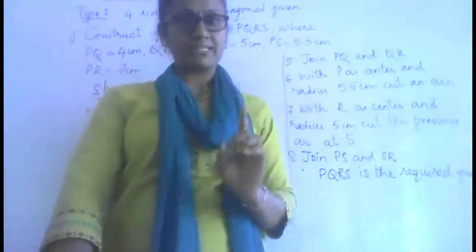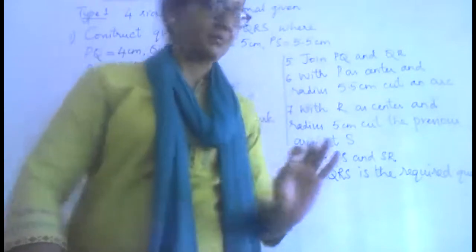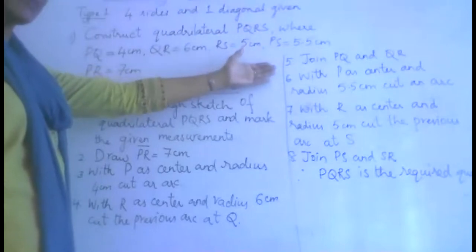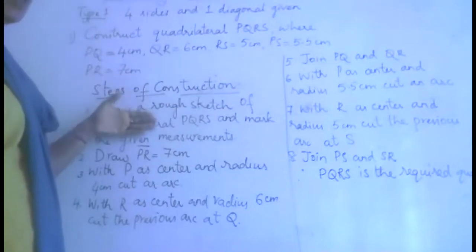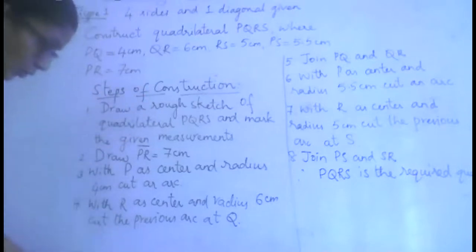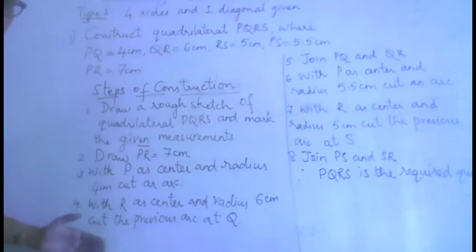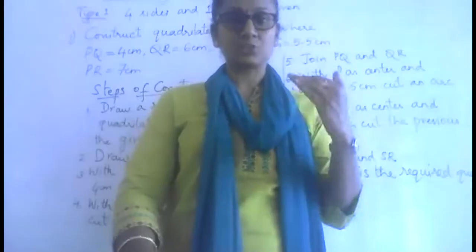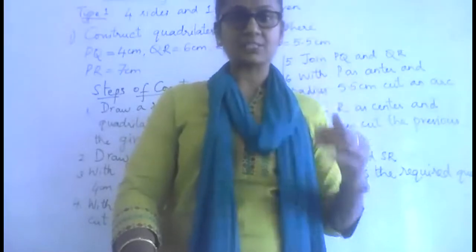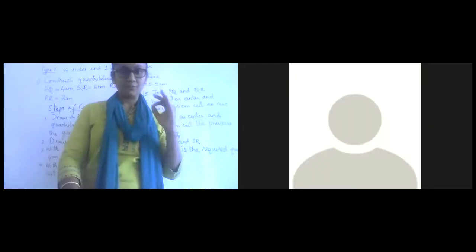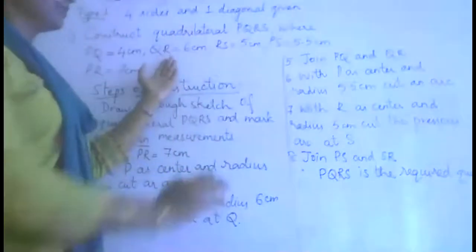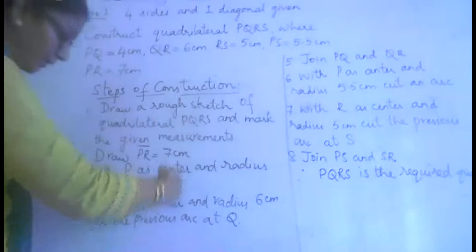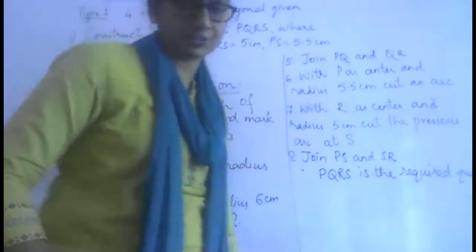This is what I will be expecting from you for every construction that you do. First the question should be written clearly. On the right hand side, you will draw the rough sketch. Then complete the construction in the center of the page. And after the construction, below it, you will start writing the steps of construction. This is a common set of instructions I have given you today. Till the construction is over, you will follow these instructions very sacrosanctly. You will not deviate from it at all.